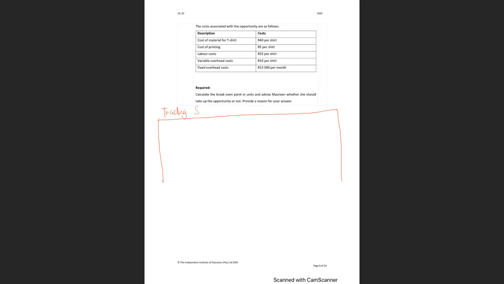So you're going to say trading statement of G6 Limited for June 2020. So it's your sales, your net sales, minus your cost of